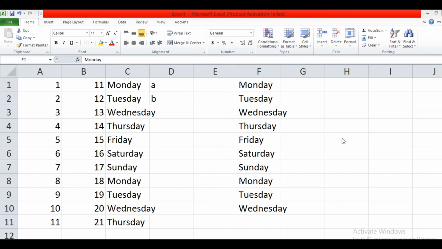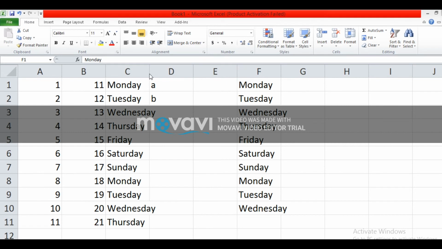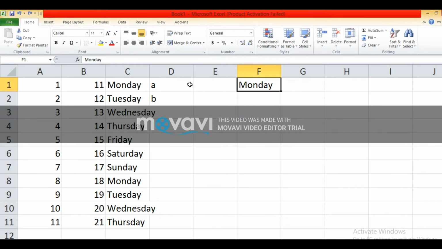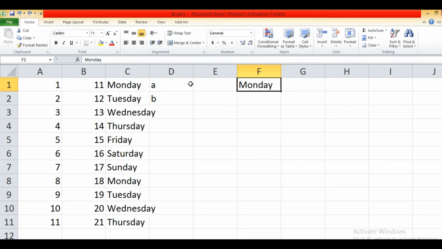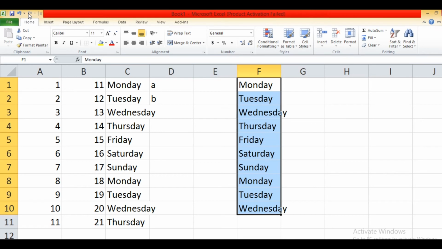I have filled a number of days here. If you want to undo that work, I press on undo. That will undo the last work which I have done. In the same way, if you want that work back, you have to click on the redo option.